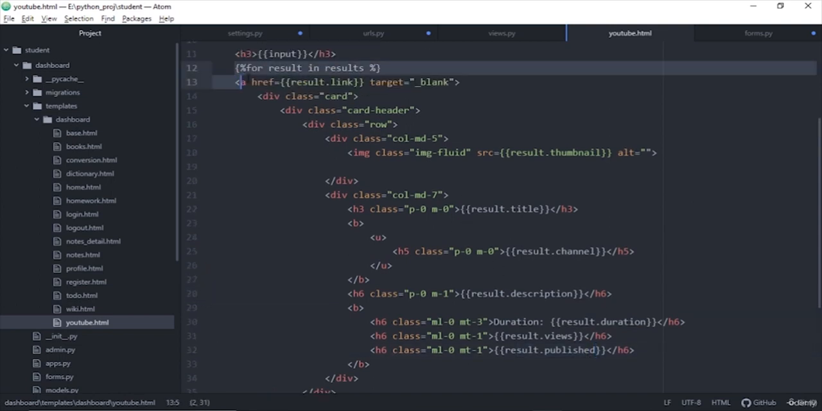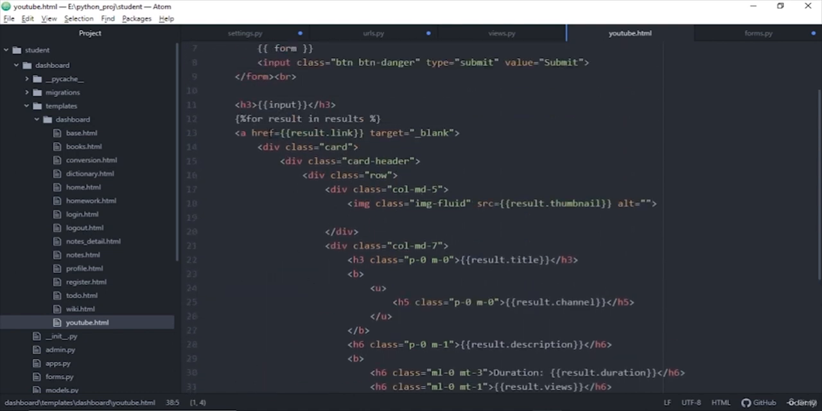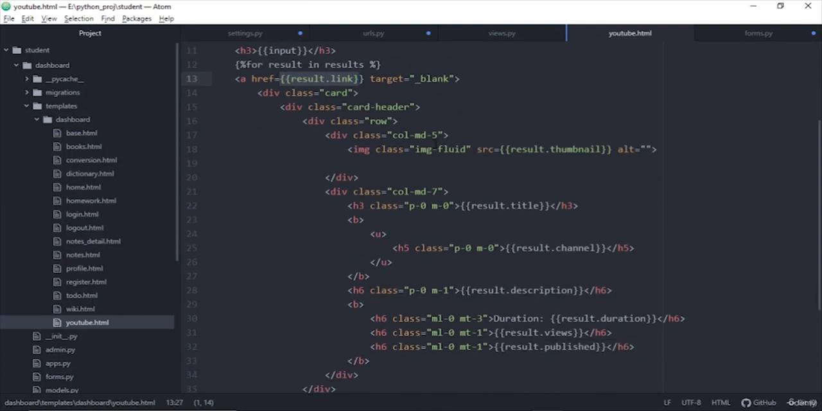And this entire card is wrapped in a link called result.link. So this is the YouTube link, and target equal to blank allows me to open the link in a new tab. So href equal to result.link. Whenever I click on this, it just opens a new tab with this exact link. That's why I have it wrapped around this link,